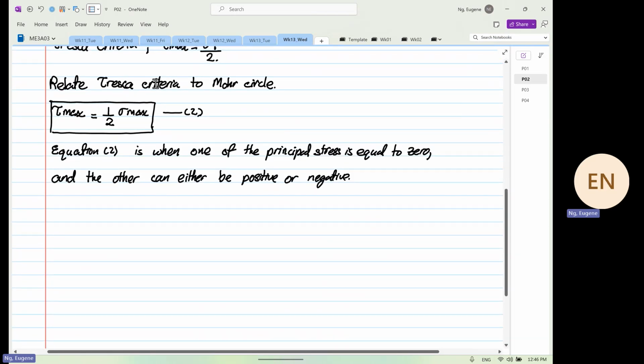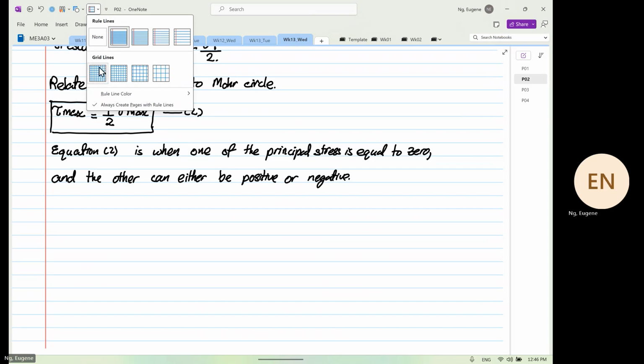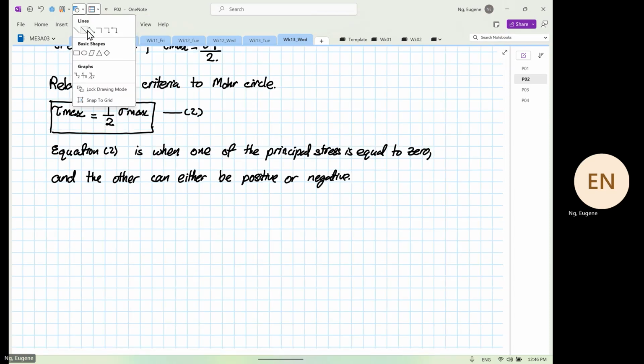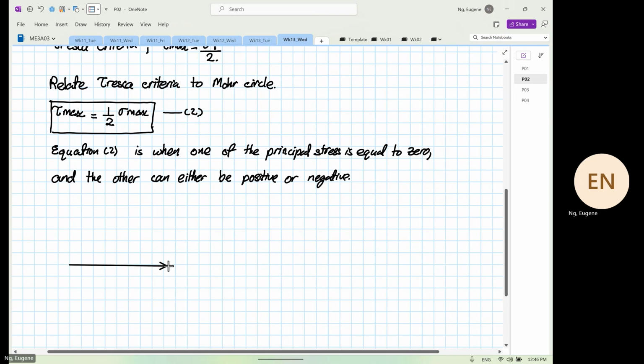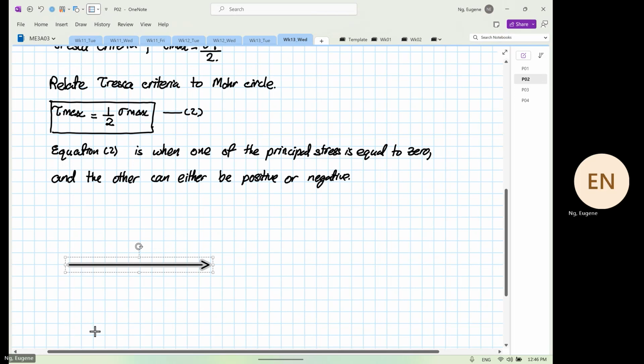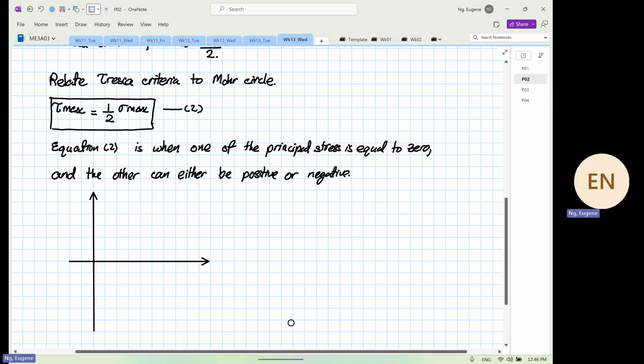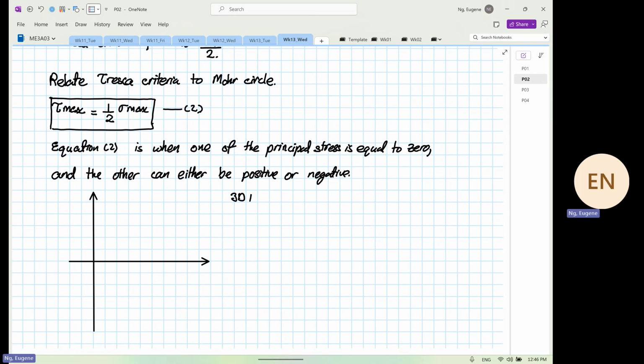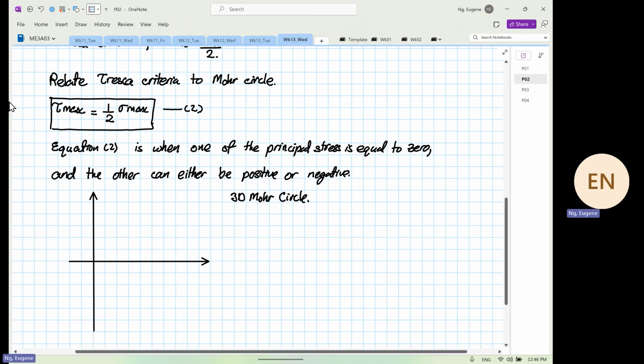So if I were to sketch Mohr's circle, I'll highlight this. I'm sketching the 3D Mohr's circles, but I just draw one circle only. So these are 3D Mohr's circles. So it can be either the Mohr's circle, the biggest